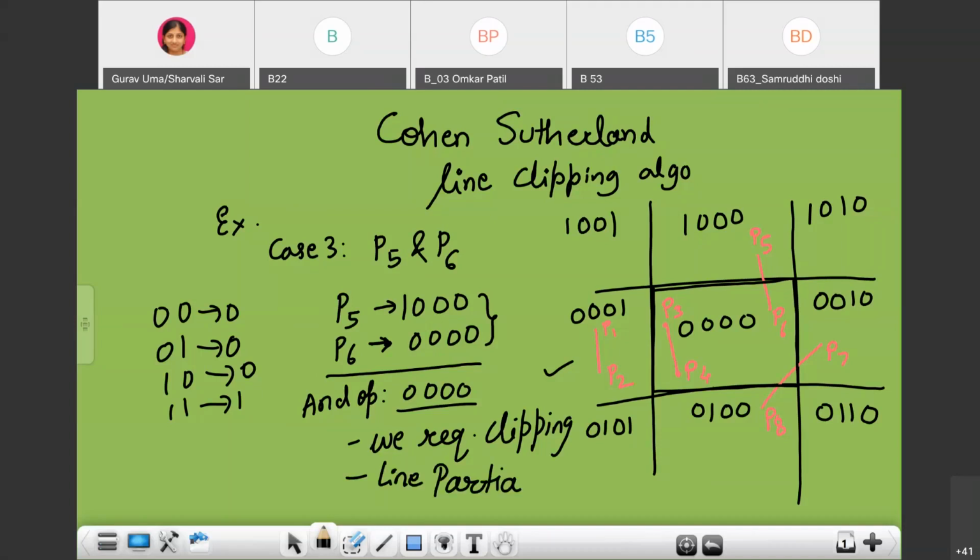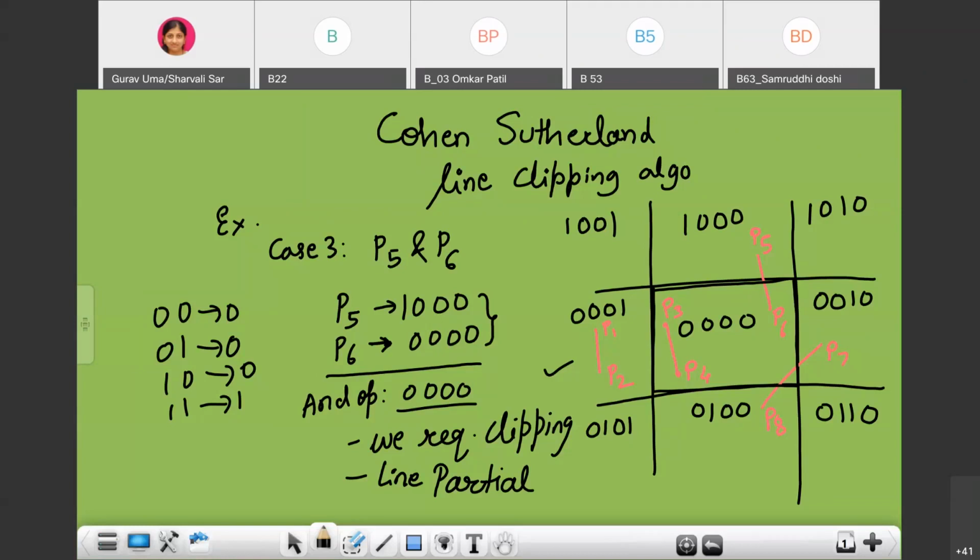Let me repeat: we have taken a line P5 and P6. Then we have calculated the region codes. P5's region code is 1000 and P6's region code is 0000. So we know the region codes of P5 and P6 are totally different. They are not the same. If they are not the same, that means clipping is required. Then we perform an AND operation, and we got the answer 0000.